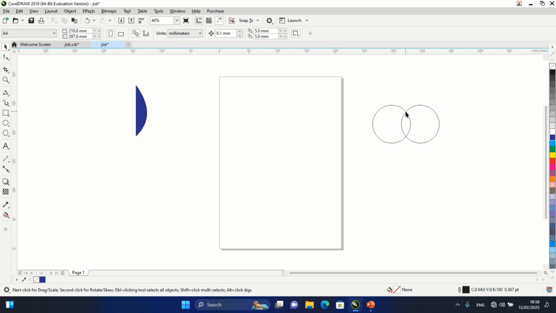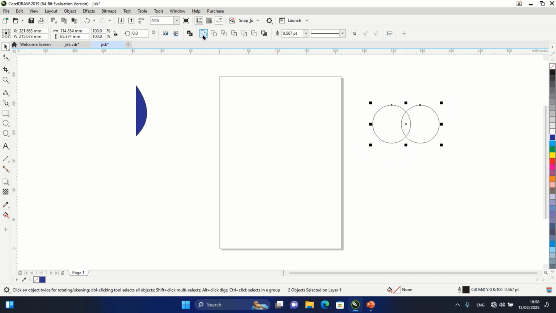Now we just need this leaf at the center here. So how do we get that shape? Very easy. Select the circles with the pick tool. Make sure that your pick tool is selected. This is a pick tool, and then select the 2 objects. Then you click on intersect. This is intersect, guys. Can you see that? Once you click on intersect, you can see that this shape has been formed, right? So you can go ahead and delete this,